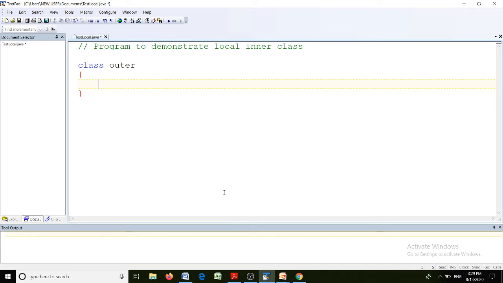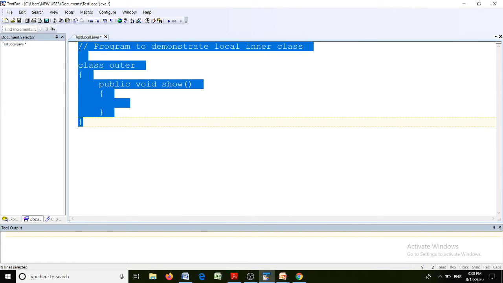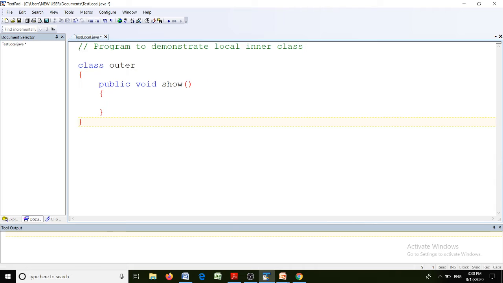and inside the outer class there is one method called public void show, for example. Now I have told you that local inner class is a class defined inside a method of the outer class. Now this is a method of the outer class, so we will define the inner class inside this method.